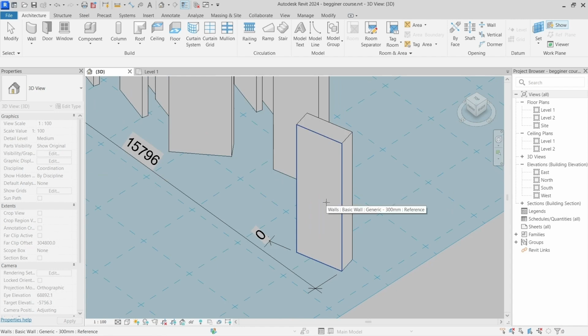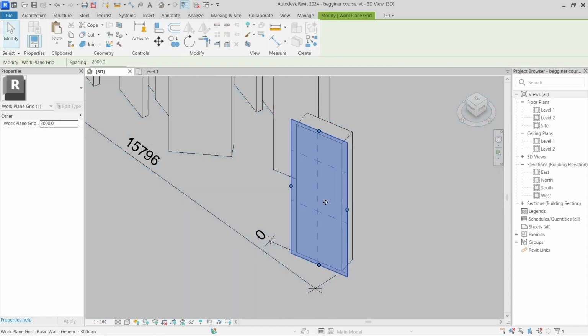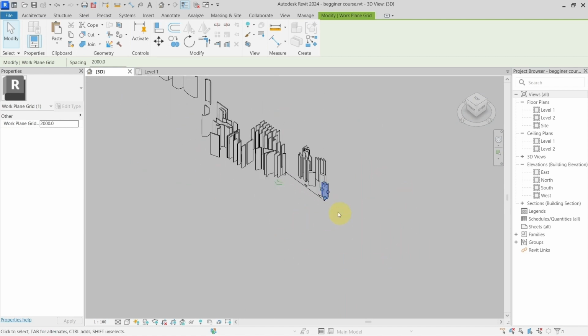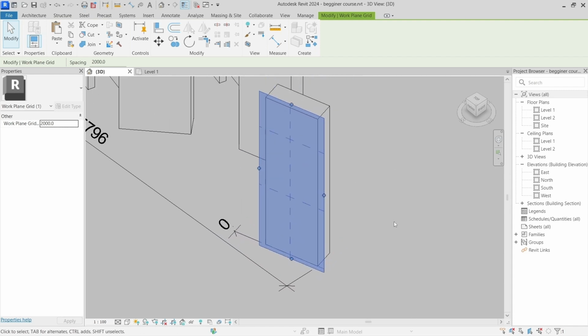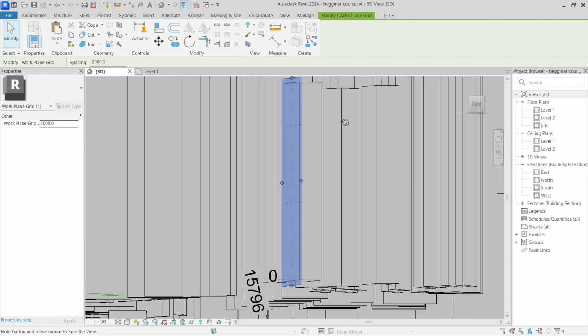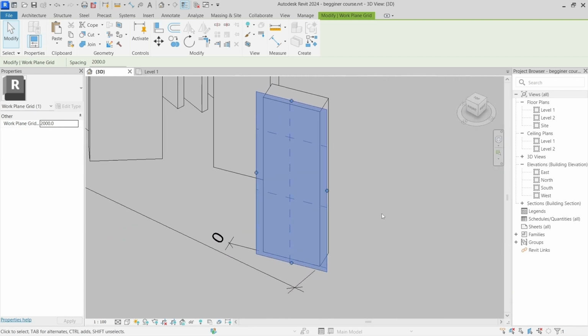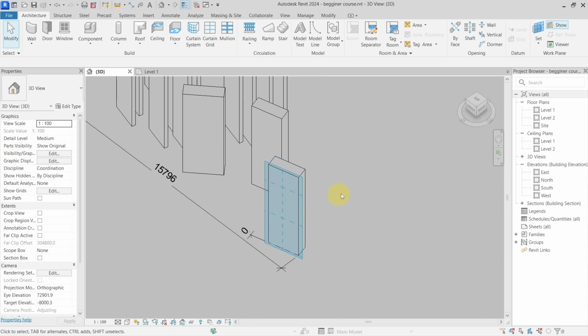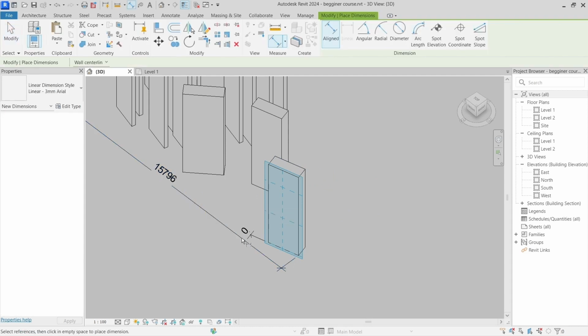If I now click my left mouse button, you can see that the work plane changed from this big plane to this edge of this wall. So now this is my work plane. If I do not want to see it, I can just turn it off, but for explanation purposes, this is better, like this. And now if I'm creating my dimension with the DI shortcut, and I do the same thing as I did before,